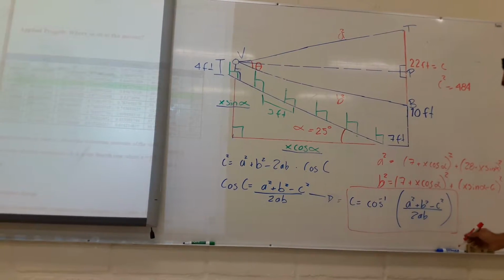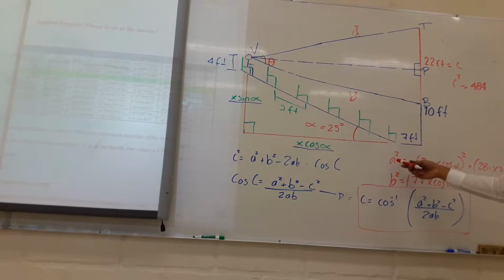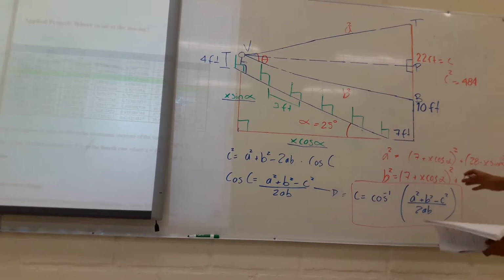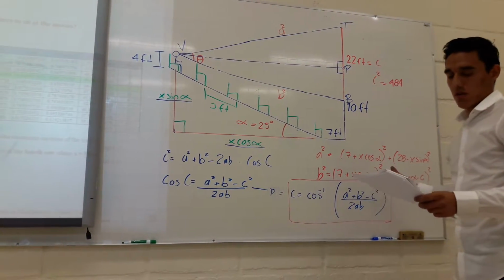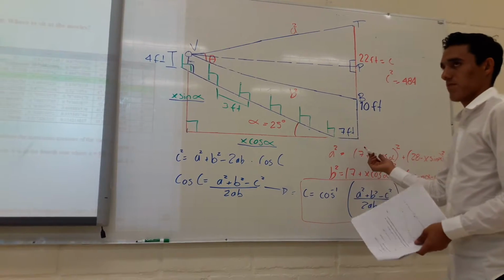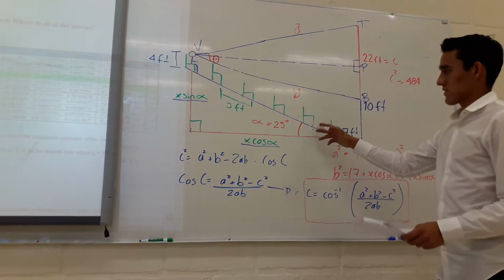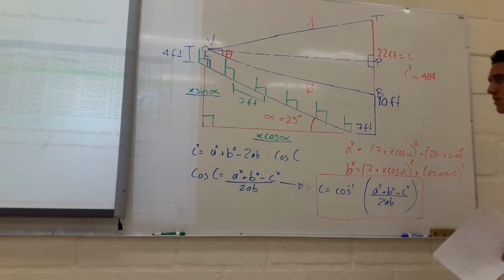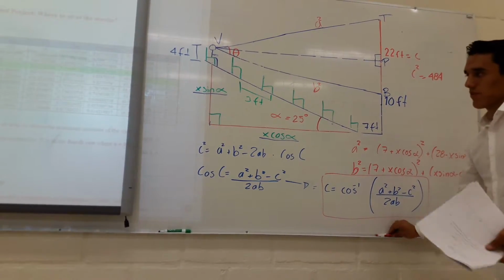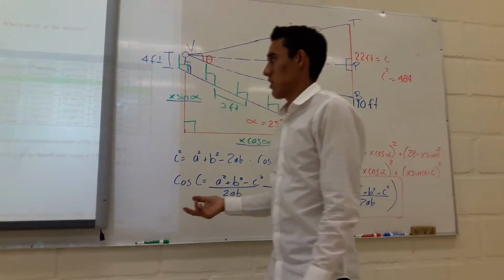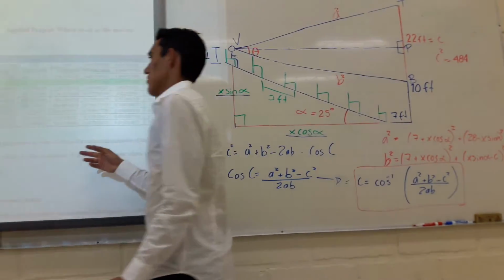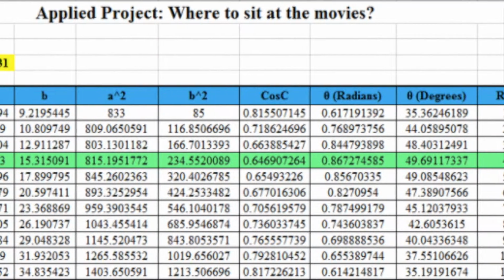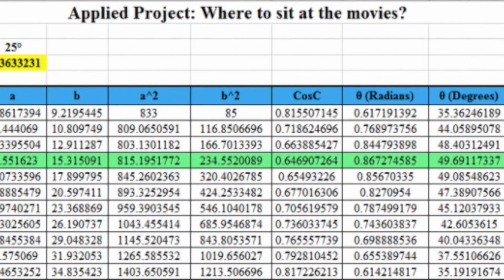And now that we know how I got A squared and B squared, it is easy. Just substitute x for the value of 7, then plus 3, 10, 13, 16, 19, and then if we graph those values, we will notice that the maximum value is in the third row when x is equal to 9,